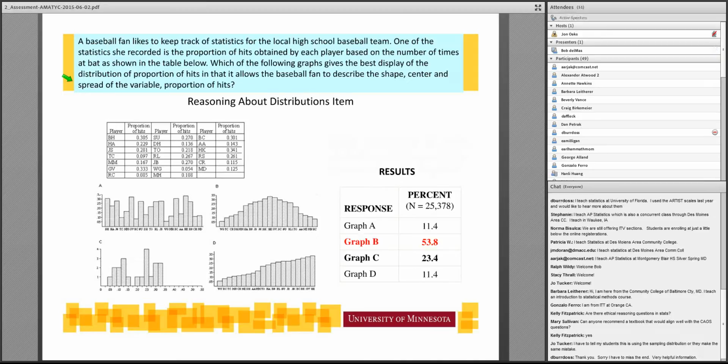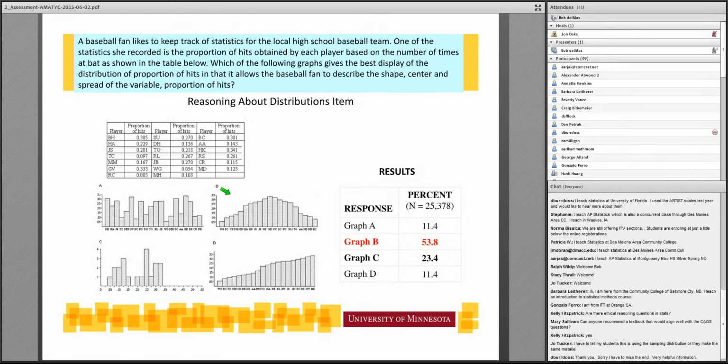And then I'm going to show you that the majority choose this graph B, right? And I think you can kind of think about why. That looks like a mound-shaped, bell-shaped curve. And of course, the right answer is always a normal distribution. So that's why they're choosing it.